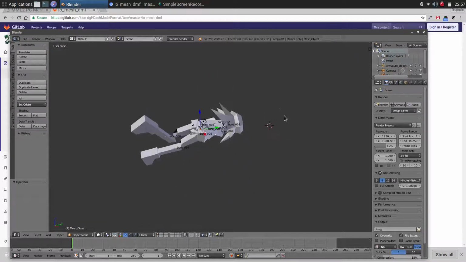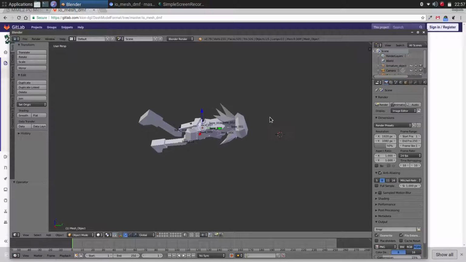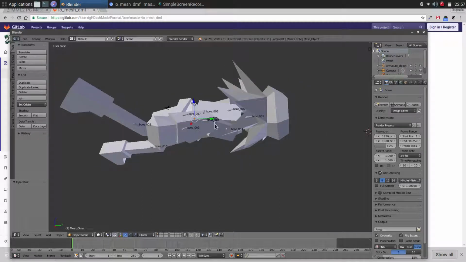The reason it's this way is because Blender uses Z for the up direction rather than Y for the up direction. So this would normally be Z and this would normally be Y, and in terms of just rotating the mesh so that it's in the right orientation, that's not bad because you just switch Z and Y and it shows up straight, and even for bones it works out pretty well. The problem is when you start adding in the rotation for the animations, everything just got messed up,